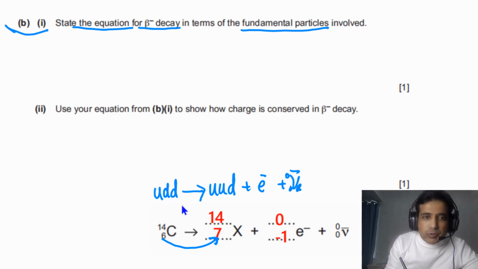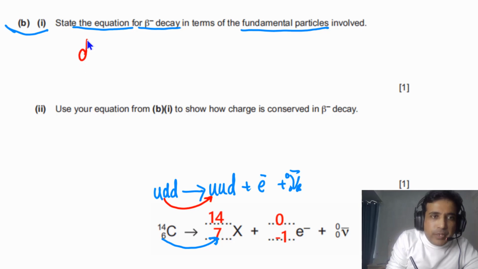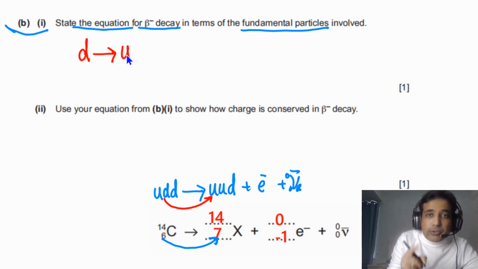So in this case, one down quark is changing into one up quark. So simply we can say in this case, one down quark changes into one up quark because quarks are fundamental